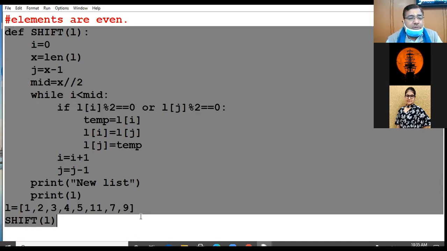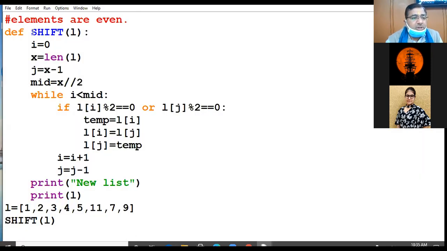Now, one important point over here. Suppose the question is silent about the function name. You are only told to write a user defined function, but the function name is not given. Then from your side you can take any name which is relevant to your question. Try to take any one function name which is relevant to your logic, but don't take any keyword as your function name. Right? Clear?